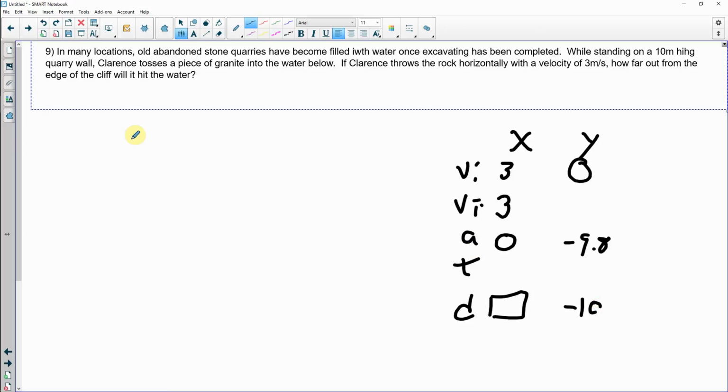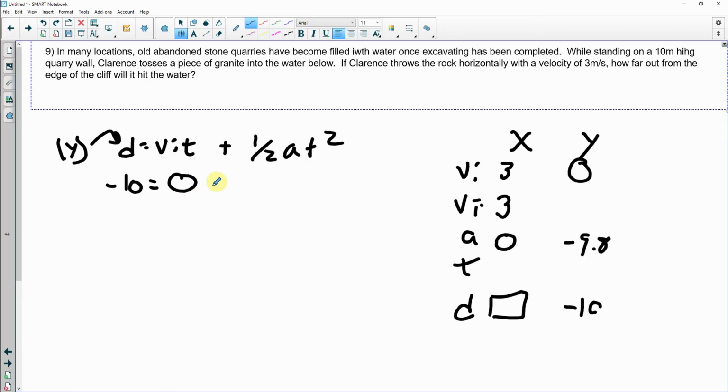So as we've done, d equals VIT plus 1/2 AT squared. Negative 10 equals, this is all going to be 0 because the initial velocity in the y is 0. This is all y stuff, by the way. Negative 10 equals 0 times the time, which we don't know, plus 1/2 negative 9.8 times t squared, which we don't know. So this is all going to go to 0. So negative 10 equals 1/2 times negative 9.8, which is negative 4.9